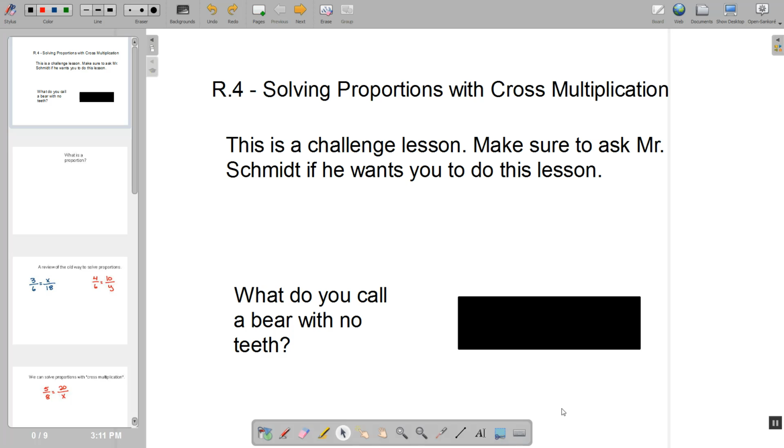I'm really excited for this lesson. It's going to be helping us solve proportions with a new strategy called cross multiplication. Now, you're probably saying, Mr. Schmidt, you're always excited about every lesson, and you are right. I am excited about every lesson, but this one in particular is really fun because it helps us solve all the problems we've been working with really quickly,